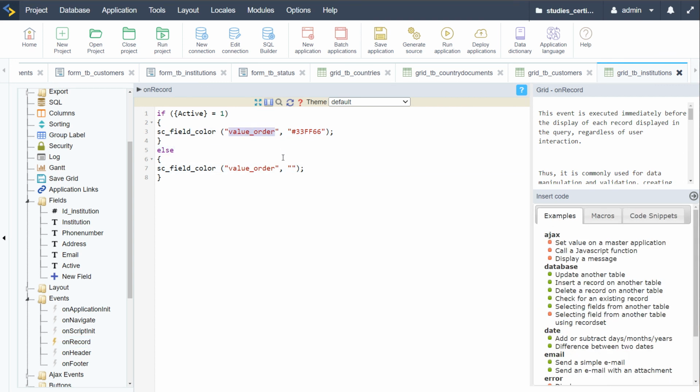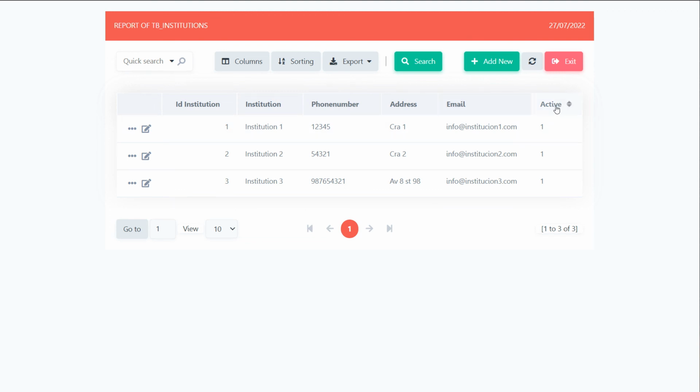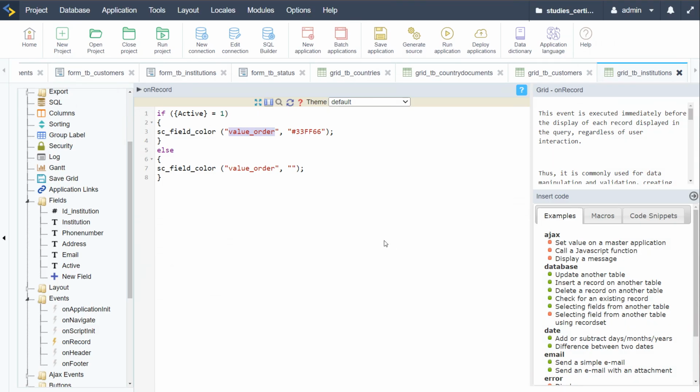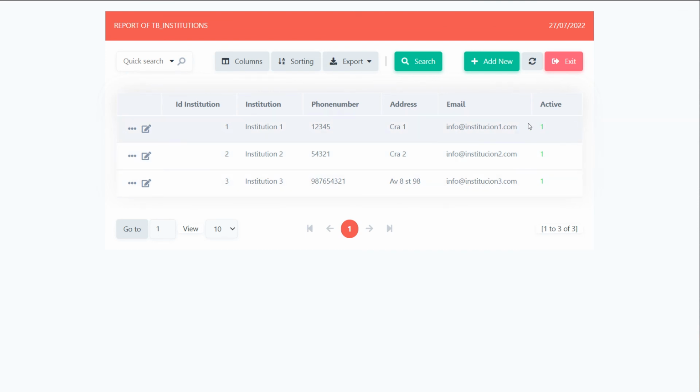Okay, and we do need to change here the value order because this is actually indicating the field. So if we come here to the macro page, value order is actually targeting the field, and that is what we want to change. We want to change here the active field. So we take this as our value, and then we also want to target that field. So I'll just copy that here and there also, and then with that I will also already have a color applied to this field. And if I just go run, we then have the grid loaded, and we then have